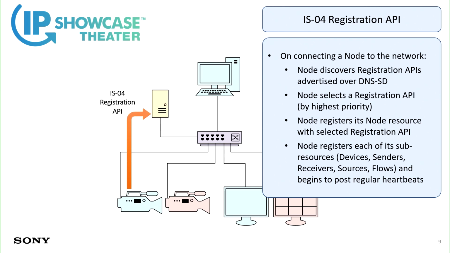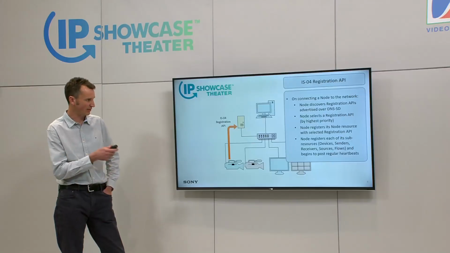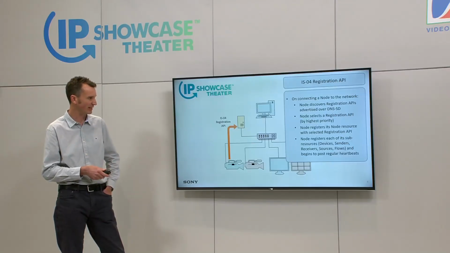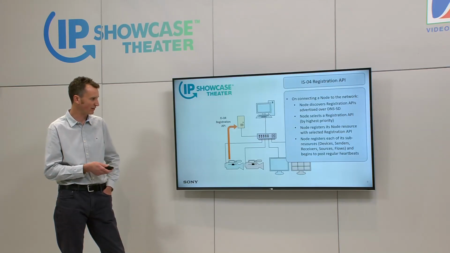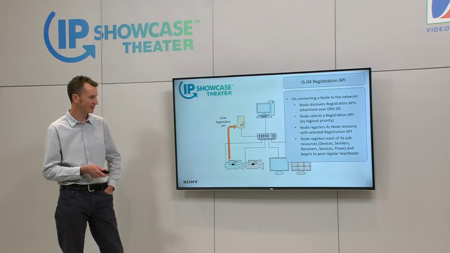First of all, they register the top-level node resource with that registry, and then they go on and register each of the sub-resources in turn, so all the devices, then all the senders, receivers, sources, and flows. Having done that, at the same time, they'll start to post regular heartbeats. And the heartbeat is a way of letting the registry know that the node is still on the network. So typically, it will send a heartbeat message every 5 seconds to the registry, and the registry will reply that